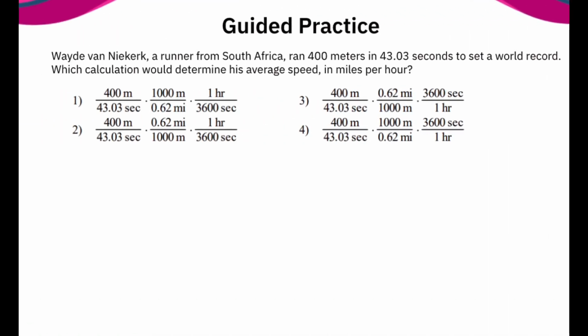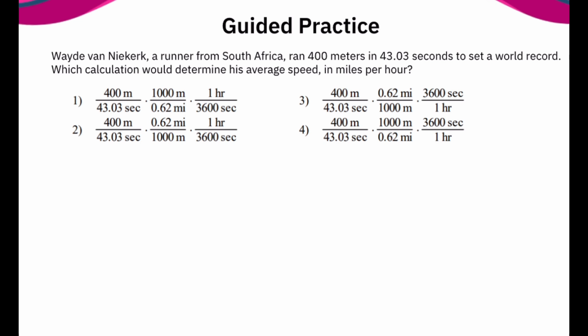All right, we're going to do the guided practice now, and it's going to feel a little faster because, again, we're going to look for what are the units we want. Then we're going to either multiply the units across numerator and denominator and then cancel, or you can cancel and then multiply what's left. I actually like that idea better of canceling and then multiplying what's left and seeing what